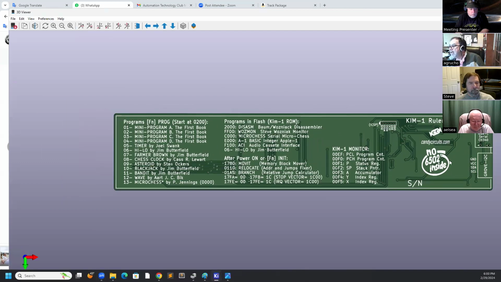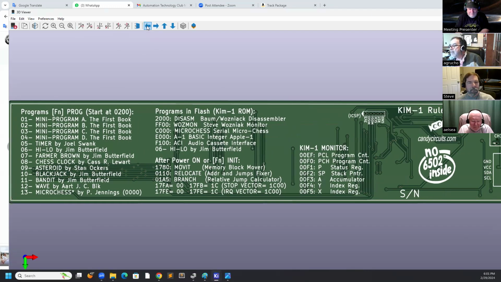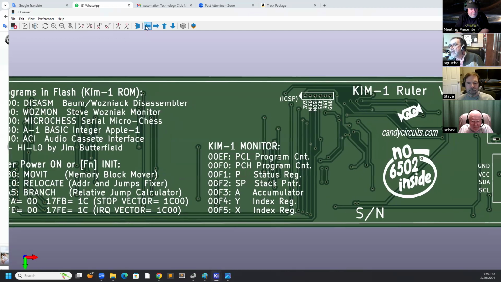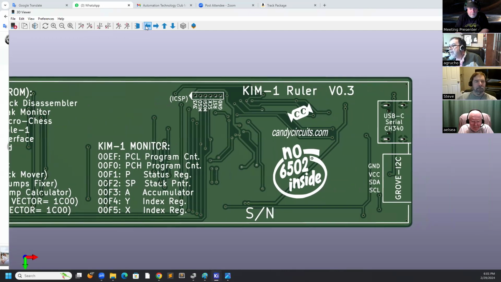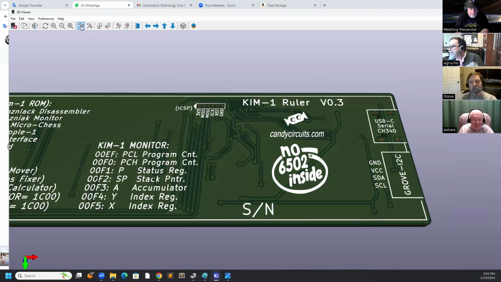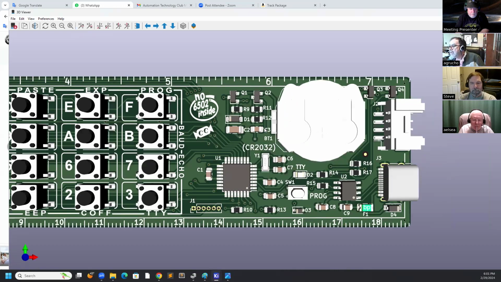This is a 6502 simulator using an AVR microcontroller. Everything works with a CR2032 battery.